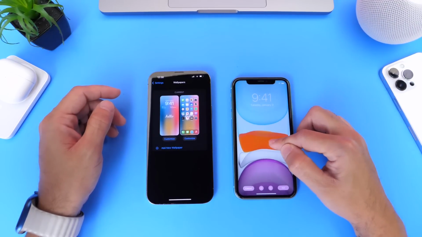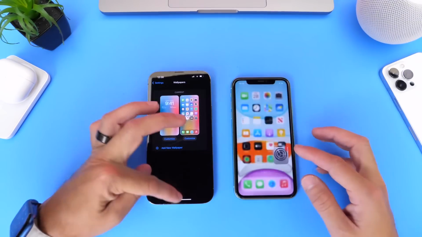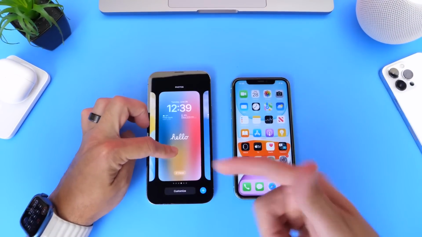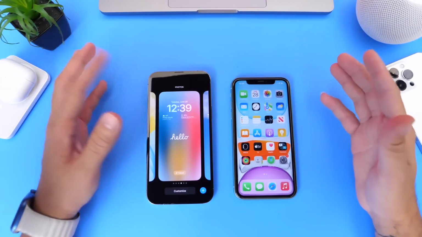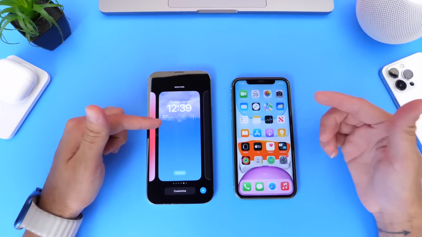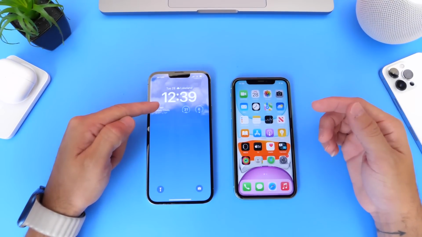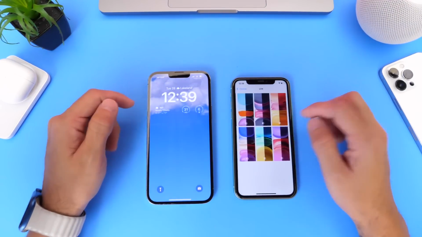Now I question myself why, because Apple could have easily implemented this into the lock screen of iOS 16. This is no longer possible here with iOS 16 because when you press on the screen for the live wallpaper, it goes into the customizing menu, which is okay, but Apple does have a live weather on the lock screen. So if you click here, you see that the animation sort of happens momentarily. I think this could have been implemented for the live wallpapers where you click on the actual lock screen and